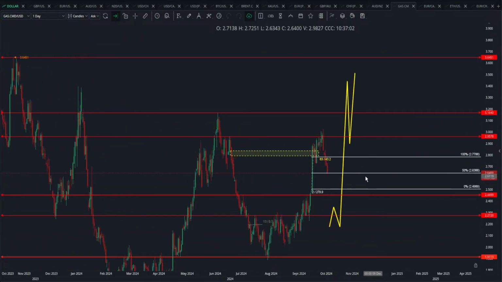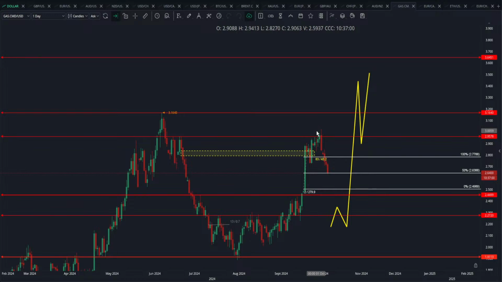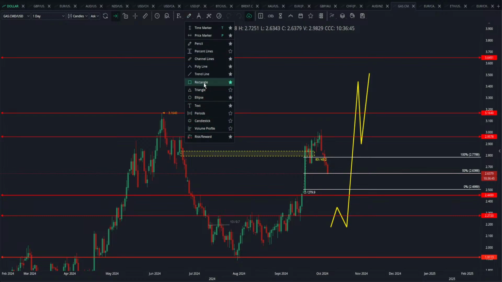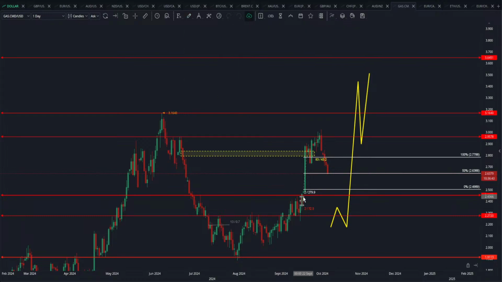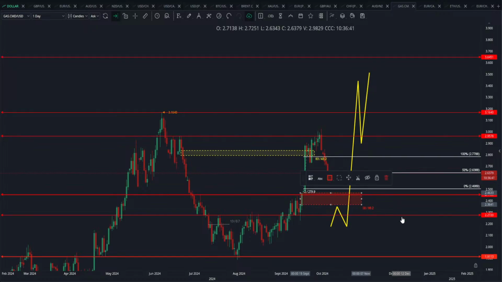Gas has taken all the targets that we were looking for except 3.164. Now it has again come back to trade this fair value gap. 50% of this is trying to stop the price. If it fails, then I think this last fair value gap will be a potential support area for the price to send it up again. That's it. Okay. So don't look for selling opportunities, look for buying opportunities when the price comes to this level again.